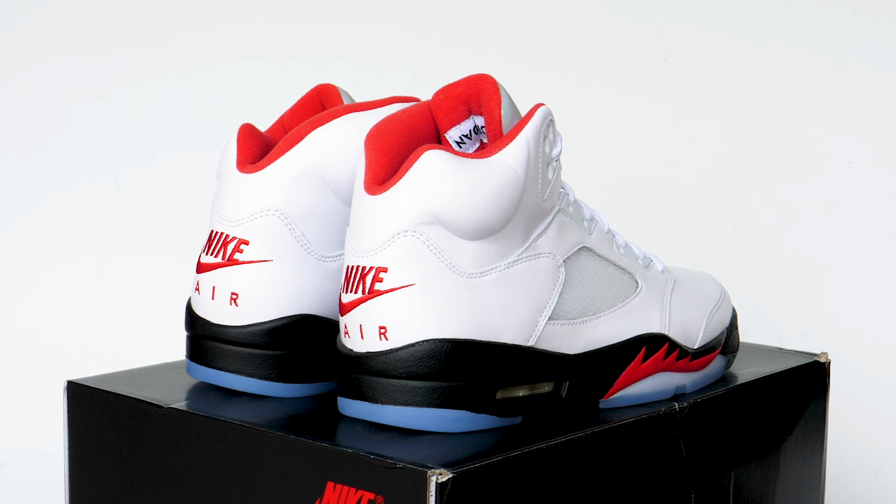What up, people? This is the Nike Air Jordan 5 Fire Red, but before we get into this iconic shoe,